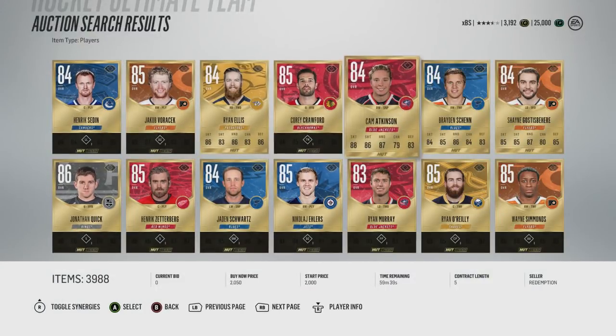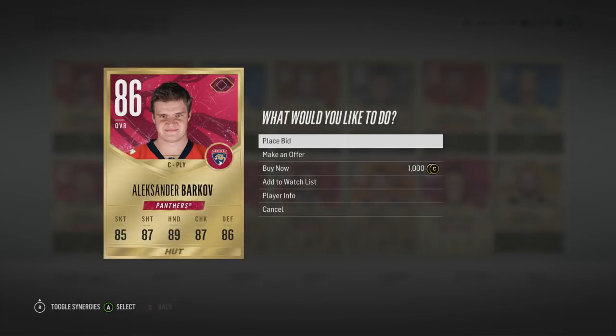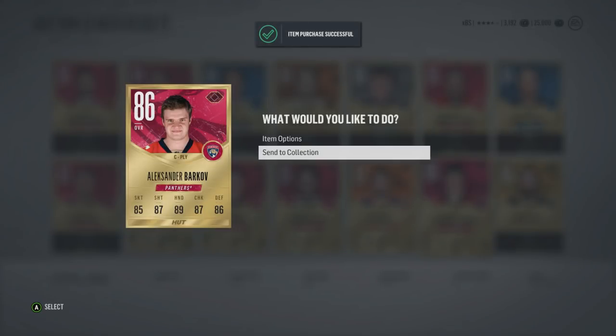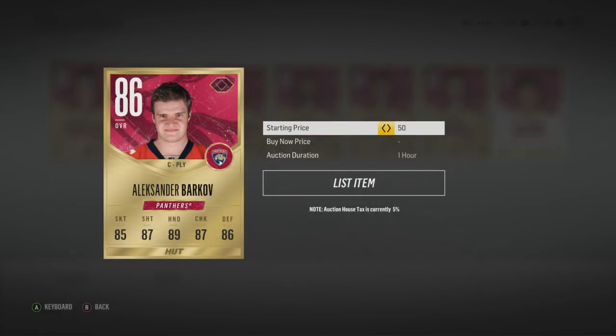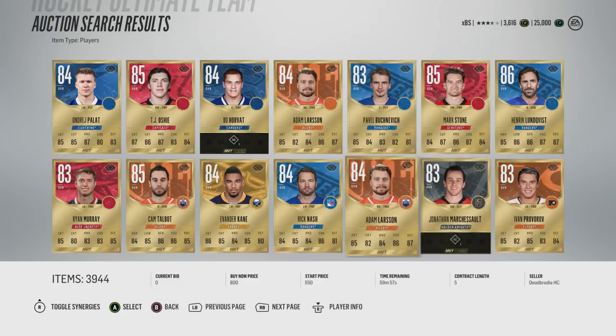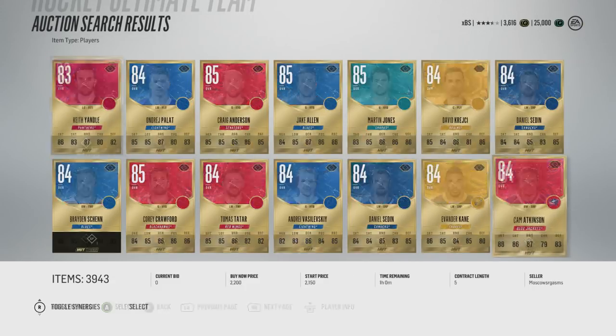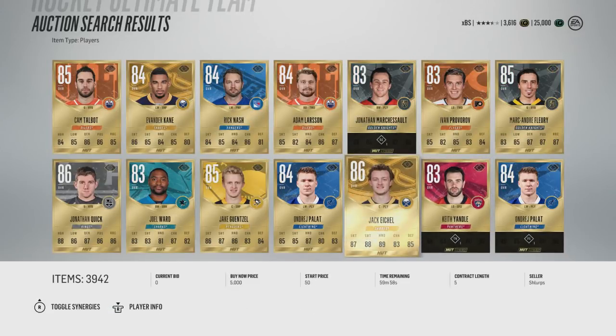Remember that prices of every card will go down over time unless it's one of those super expensive or super rare cards. Here I acted super quick to get this Barkov 86 overall. He goes for about 4K, so that's pretty nice. The only reason the prices of cards could go up for some of these cheaper cards is because EA released